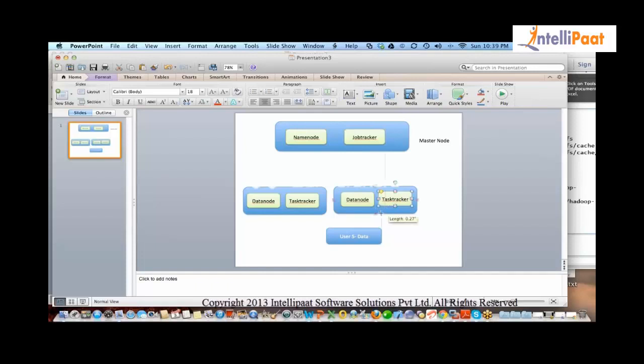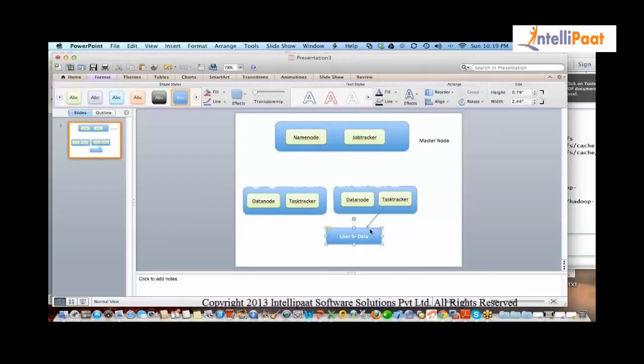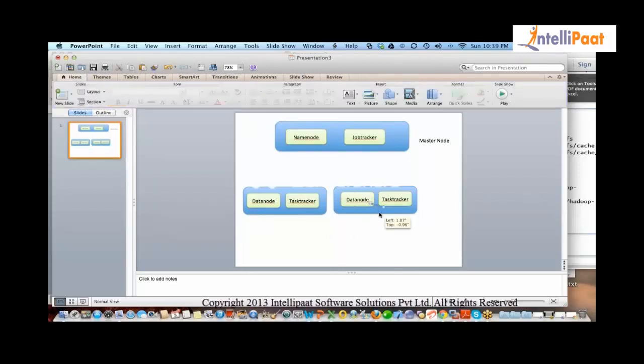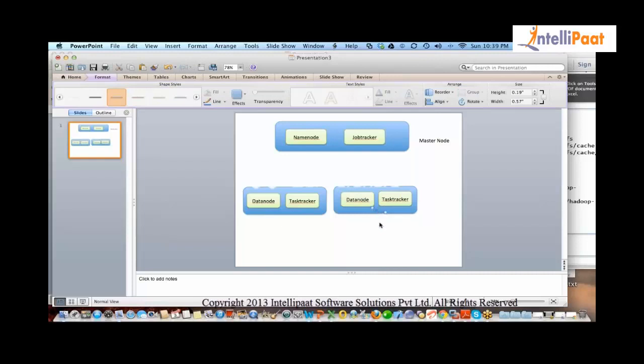Yes. And you are trying to convey to this guy that please go read this data and process. Why will you want to do that? Is the first question. Fine. Even in your setup, even if you're doing this, it's still not an optimal practice. Why? Because the biggest benefit of Hadoop is that the task tracker works only with the data on its local node. That is why Hadoop is required. Got it?